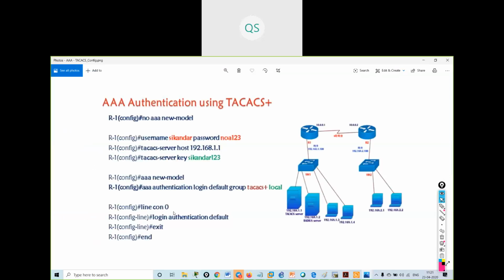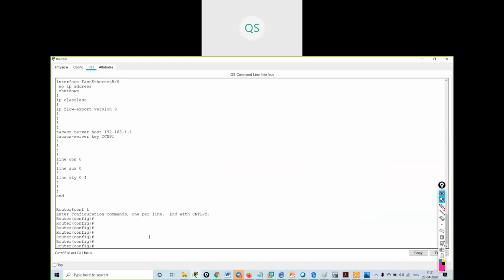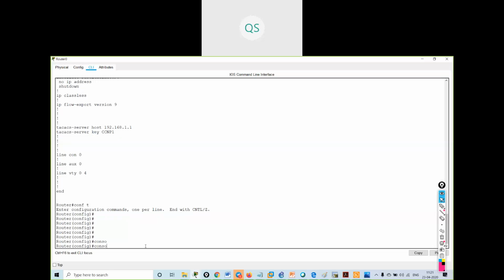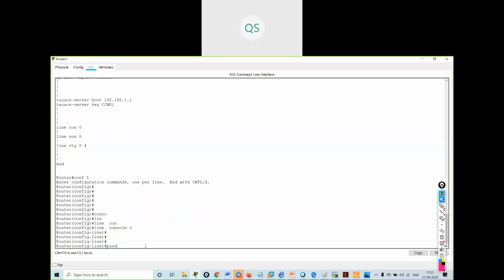Now I will create a console line. So do I have any console line right now? No, I don't have any console password configured right now. So what I will do, I will configure a console line: line console 0.